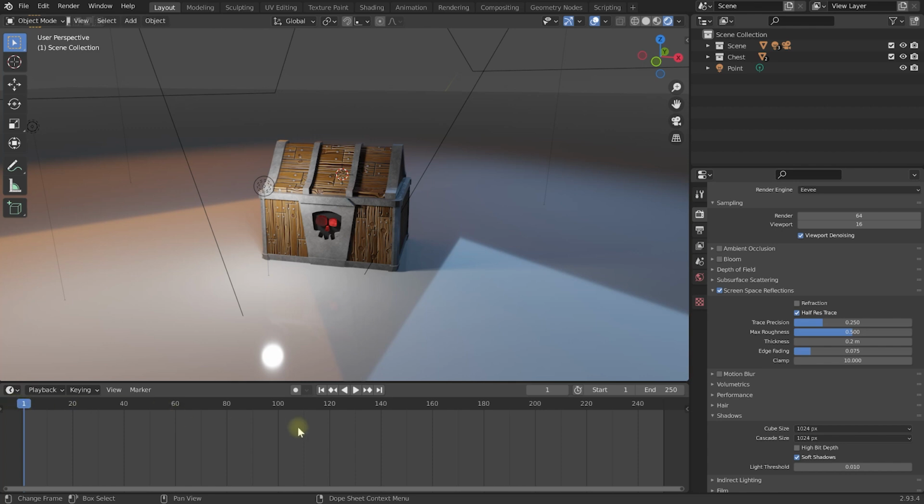With the mouse cursor over the timeline, if you scroll your wheel down, you're going to zoom out. Scrolling up will zoom in. And you can click and hold your middle mouse button to drag the timeline left and right. And if you don't have a middle mouse button or you just don't like using it, you also have this little scroll bar down here at the bottom that you can shrink in and navigate around with however you want to. Let me just zoom out a little bit so we can see our entire timeline from 1 to 250